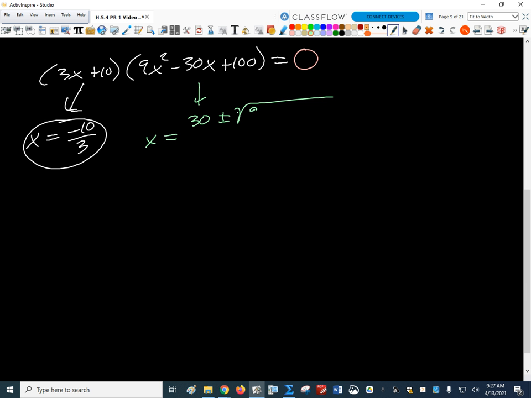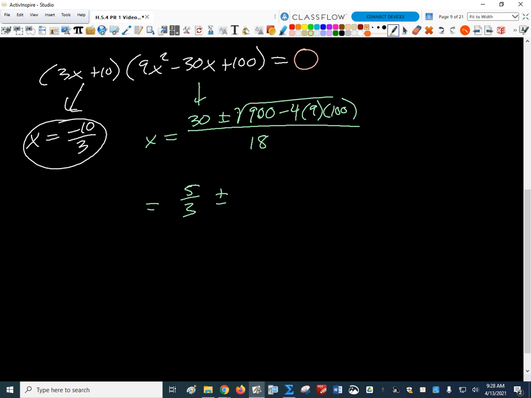900 minus 4 times 9 times 100, all divided by 2 times 9, 18. Okay, so 30 over, we can split this up. 30 over 18 is going to reduce to, oh, what is that? So 6 goes into both of those, so 5/3